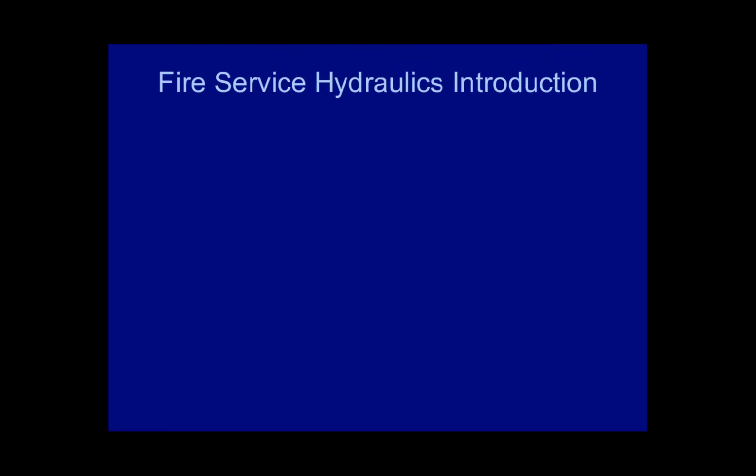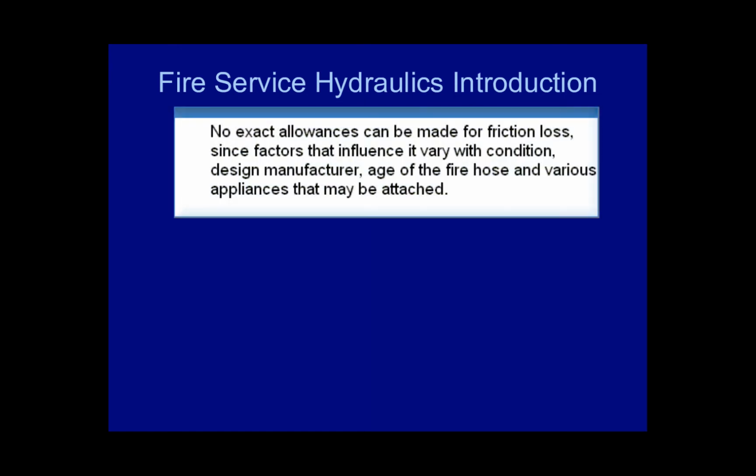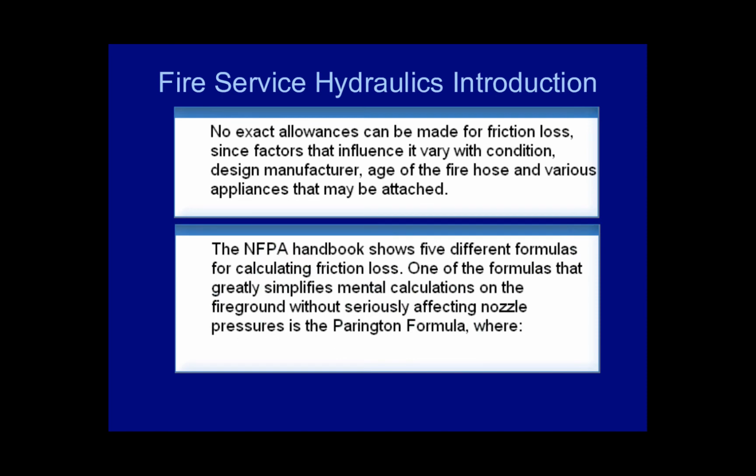Fire Service Hydraulics Introduction. No exact allowances can be made for friction loss, since factors that influence it vary with condition, design, manufacturer, age of the fire hose, and various appliances that may be attached. The NFPA handbook shows 5 different formulas for calculating friction loss. One of the formulas that greatly simplifies mental calculations on the fire ground without seriously affecting nozzle pressures is the